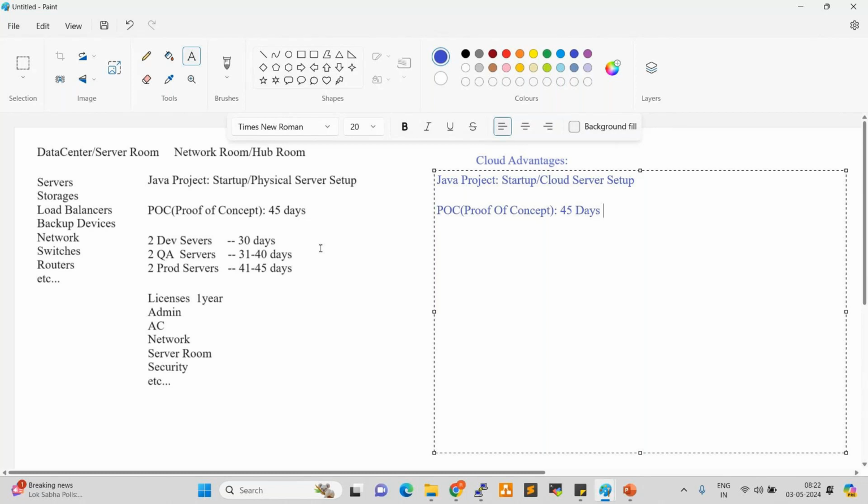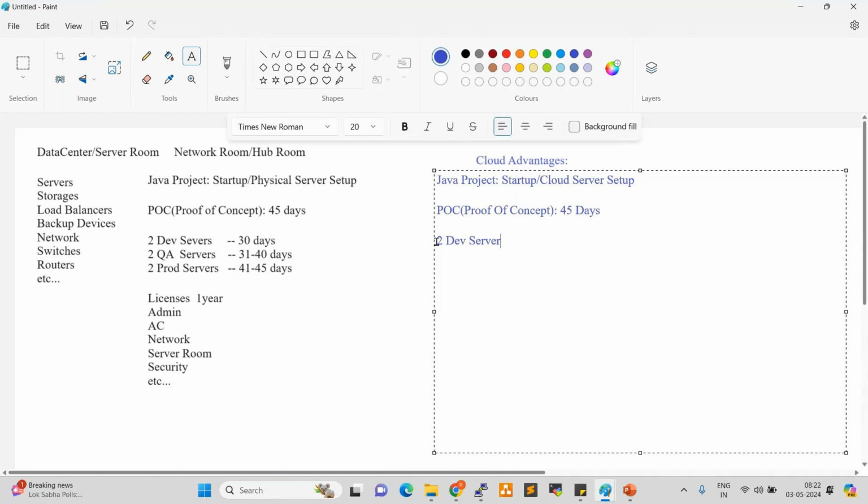Whereas in cloud setup, whenever you require servers, within 1 minute we can create a number of servers, right? But physical servers, we cannot arrange in 1 minute. We cannot arrange servers in 1 day even, right? So here, first, I can take two development servers. I can create two servers on the cloud platform. Creating a server is a 1 minute job. One server, 100 servers, even 1,000 servers, it is a 1 minute job, right? Whenever we require servers, we can create servers within 1 minute.